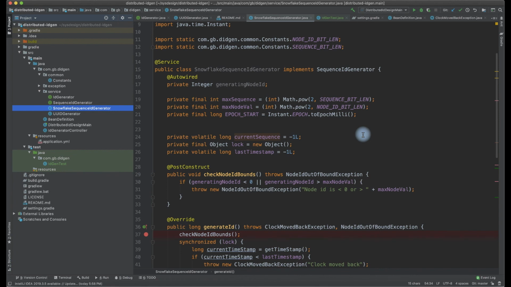Whenever a request reaches saying give me an ID, and it can come at the same time, right? We need to have time taken, because using time we will be able to get the next ID. What we talked about is, we don't want to go to the nanosecond level, because there are some systems which might not support the nanosecond. We will go with millisecond level.